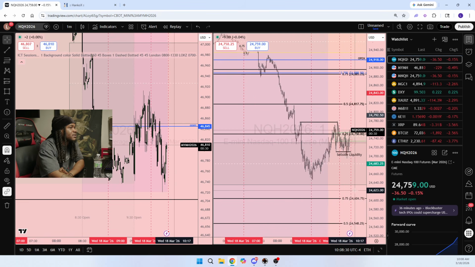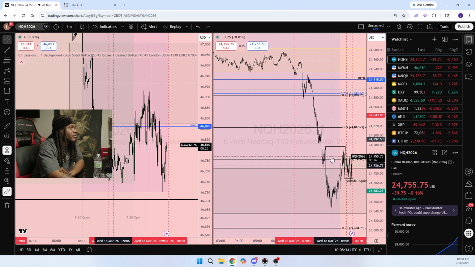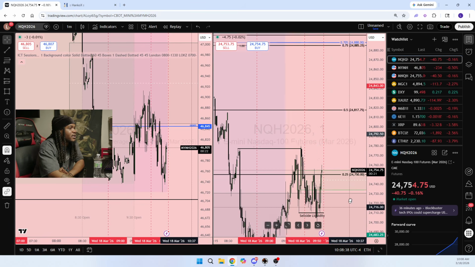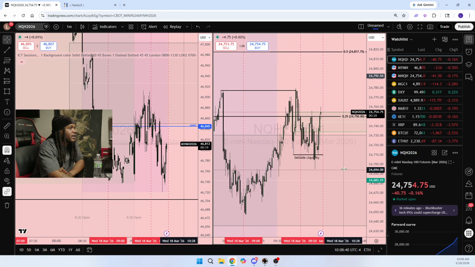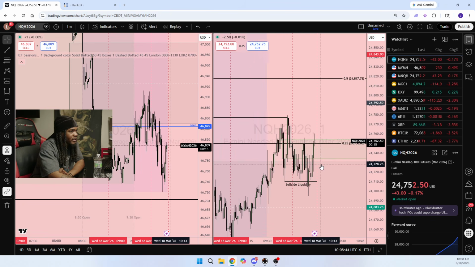Which in my opinion still makes sense that could happen, because like I said, it's endless liquidity up here. It's a lot of dead space in the market up here. It wouldn't surprise me if they went up there and took that out, but we gotta play it a little safe and just see